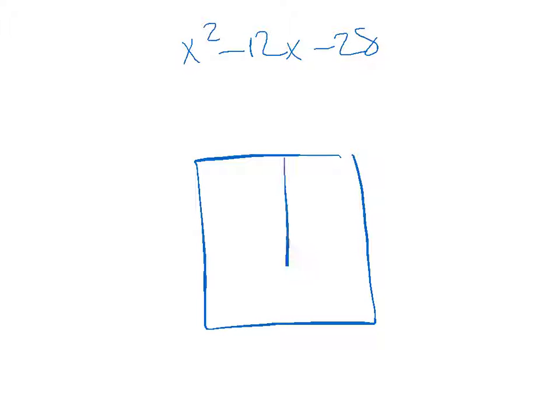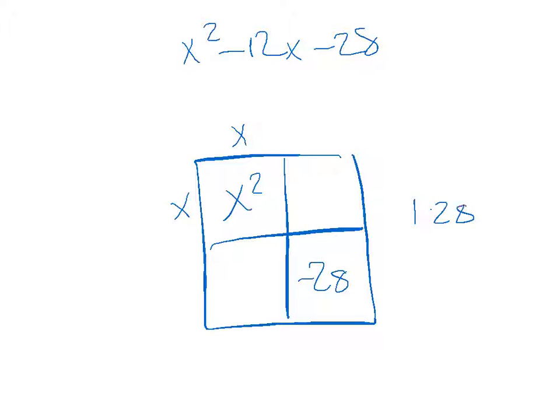All right, let's try another one. Let's see here. We've got x squared minus 12x minus 28. And I think this might be the last one I do with you, and I'm going to give you a couple to do for class tomorrow. So let's see here. I've got x squared on one side and negative 28 on the other. x and x give me that. 28 does 1 and 28. 2 and